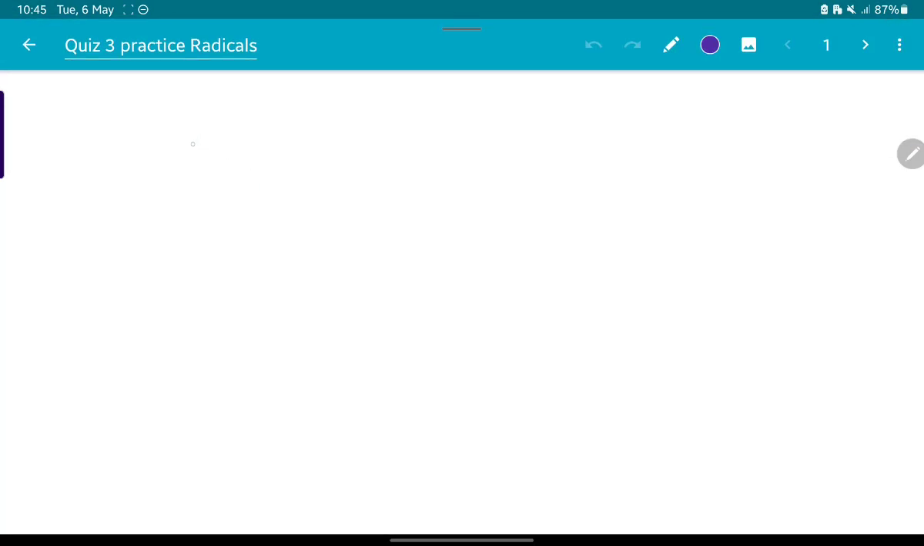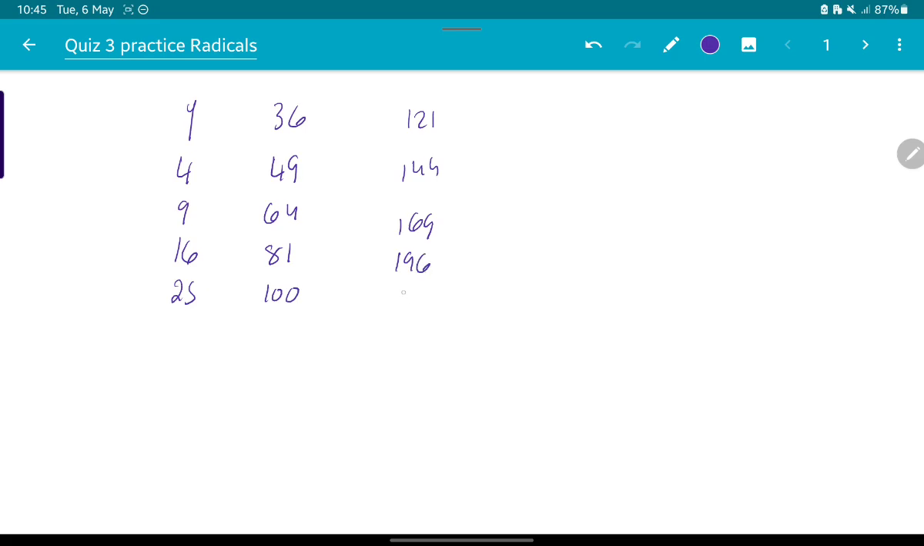For example, when we multiply 1 by itself, the answer will be 1, 2 by itself is 4, 3 by itself is 9, 16, 25, 36, 49, 64, 81, 100, 121, and so on. 144, 169, 196, and 225, 256, and so on. So we call these numbers perfect